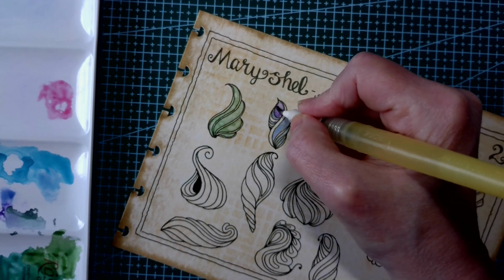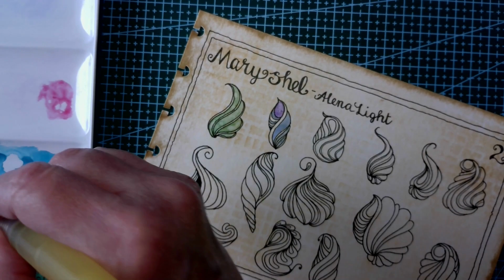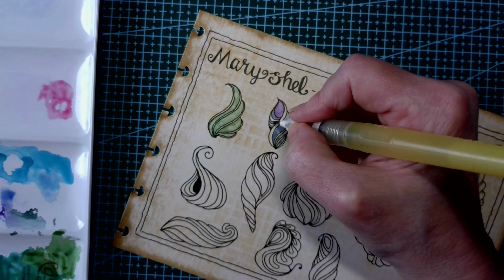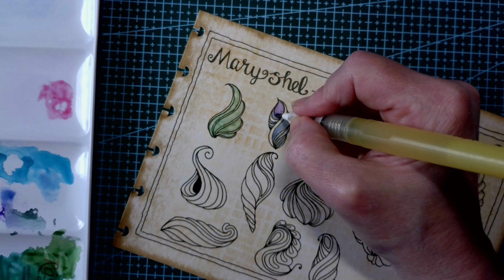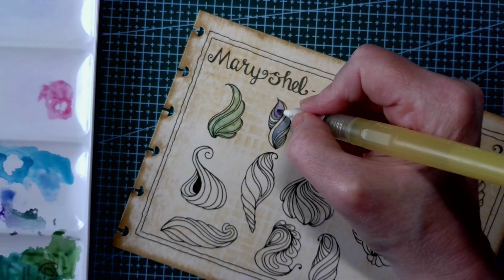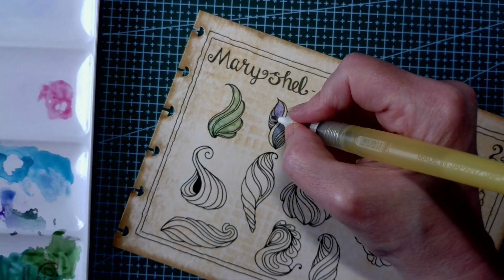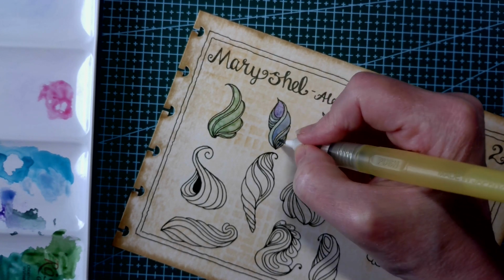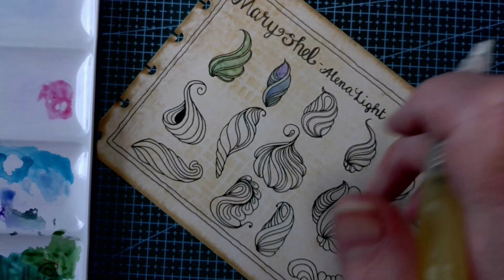Let's try and keep things lighter, because I do tend to favour paler colours when it comes to watercolour. And then I'm going to just dab on some darker colour here. Add a little bit of a dark green to that, just to make it feel that bit darker as well. Some here just to bluey up the purple a bit. And then I'll just use some of this blue in between the paler colour. Of course, I could just fill these with one colour and then trust that